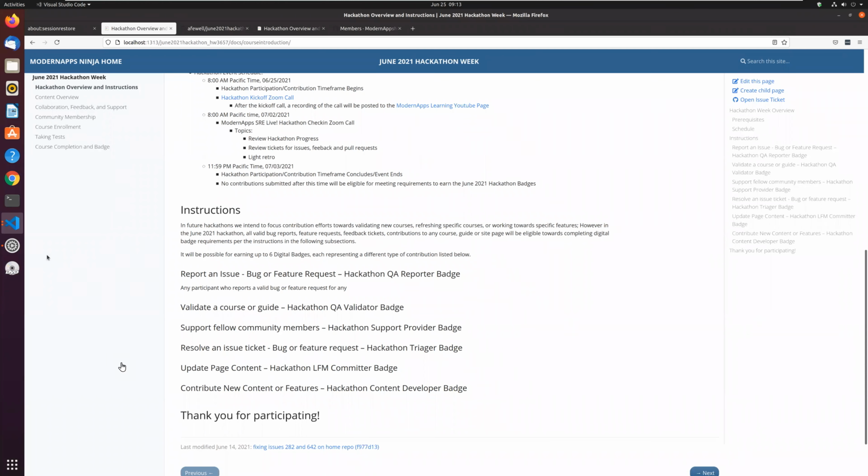So lab guides, and the easiest one is to post a tutorial. On the ModernApps Learning tutorials page, right at the top of the page are instructions on how to post a tutorial. Tutorials are hopefully the simplest way to get started contributing, because you don't actually create content on the Modern Apps Learning site.